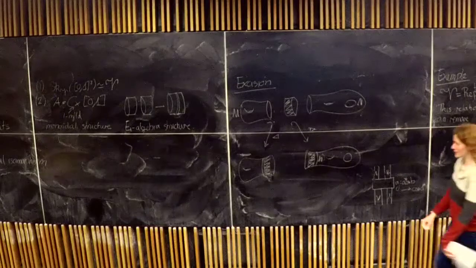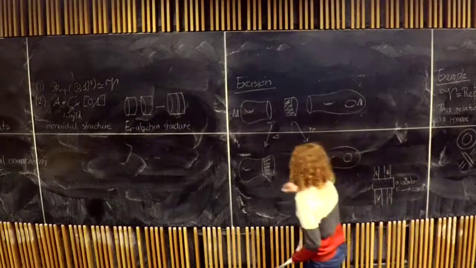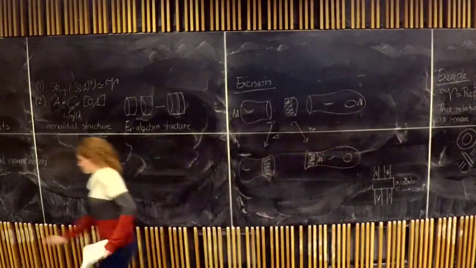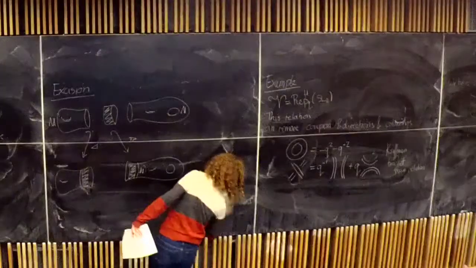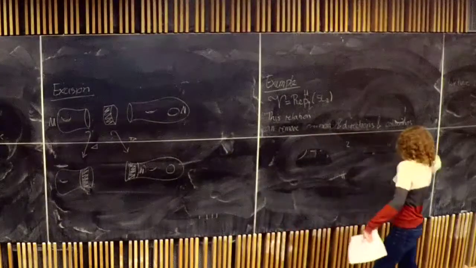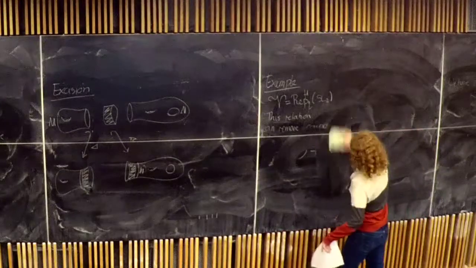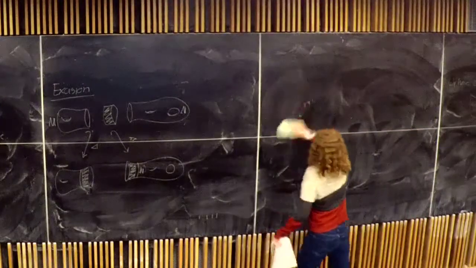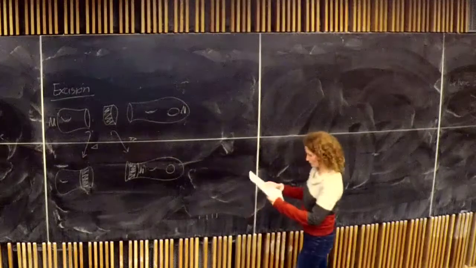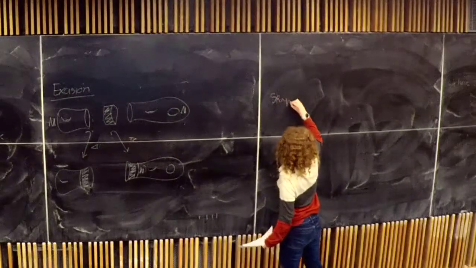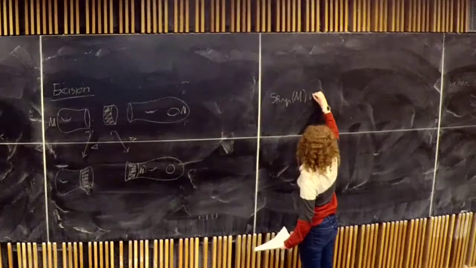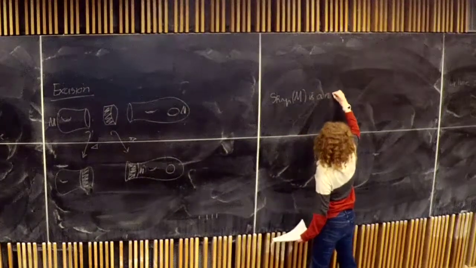Okay, so what does that mean? It means that, oh dear, I should probably not start like this. What it means is that skein M is a right